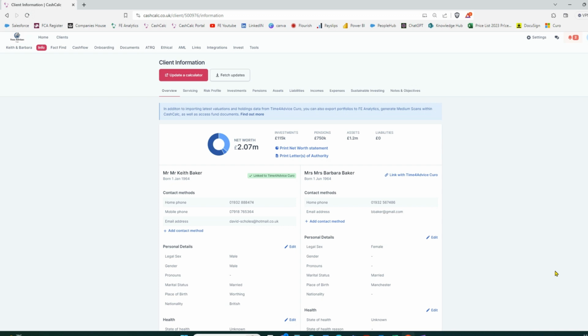We've covered off quite a bit already. We started off by explaining how to just build a client into the system and then explored the settings tabs and discussed how those different settings impact different parts of the system. Then we spoke about actually how to fill the client with all of their data, whether you're bringing that across from a third-party integration partner of ours or whether you're using the client portal in CashCalc or